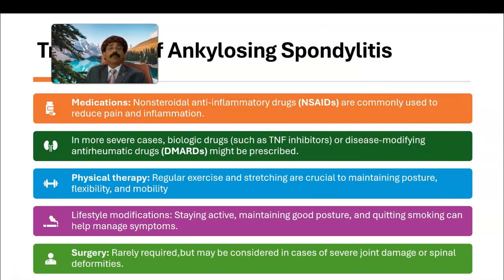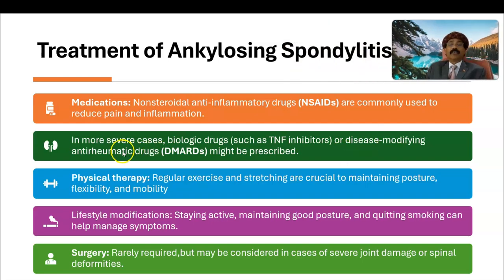So what is the treatment of ankylosing spondylitis? Treatment is mostly symptomatic. Medication: non-steroidal anti-inflammatory drugs, NSAIDs, are commonly used to reduce pain and inflammation. In more severe cases, biologic drugs such as TNF inhibitors, TNF meaning tumor necrosis factor, or disease modifying anti-rheumatic drugs,